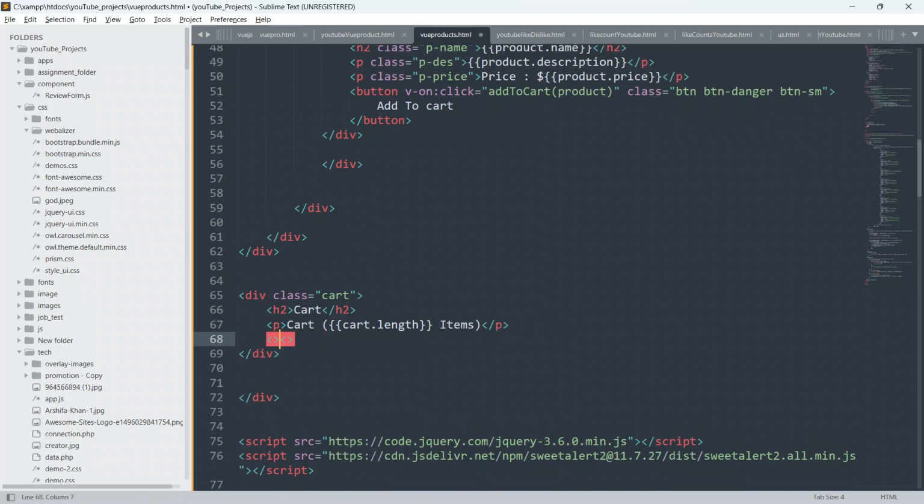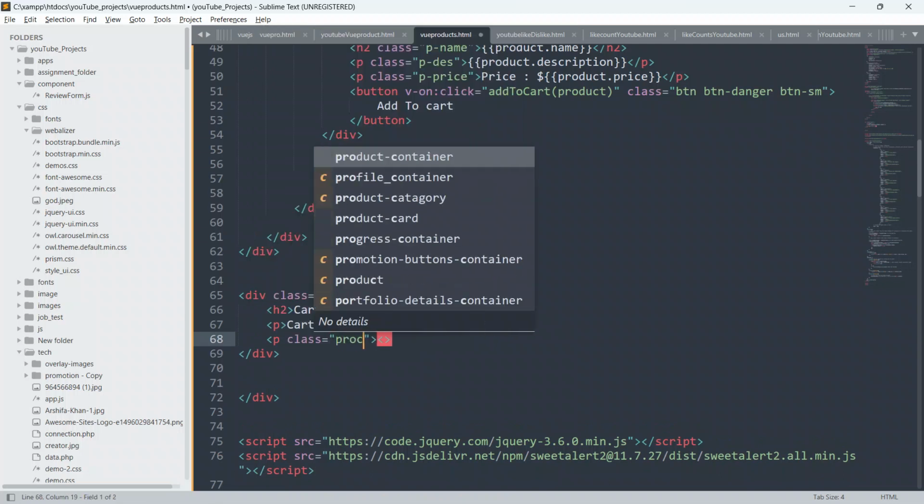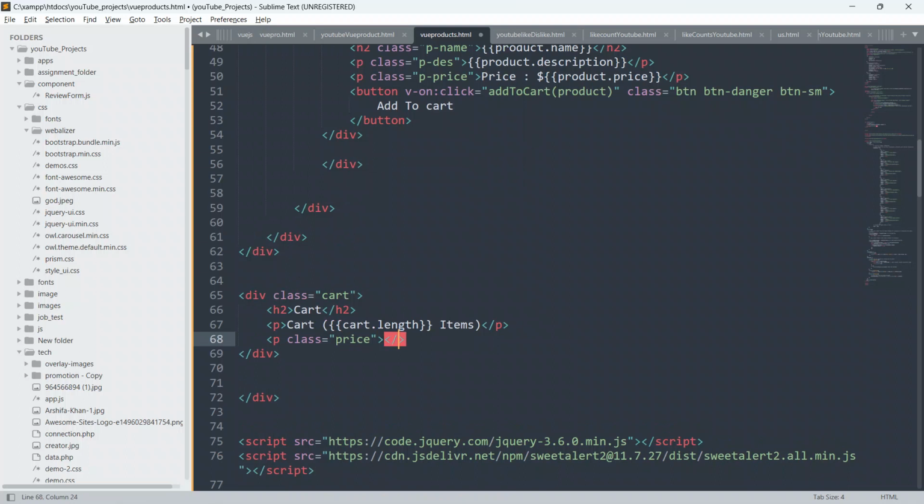So now what we will do, display the total price. Just create another p. So yeah, give the class price. Okay, and close this p now, and I will put double curly braces and give total price. So give dollar here also, and give double curly braces. So remove these two curly braces, we don't require this.